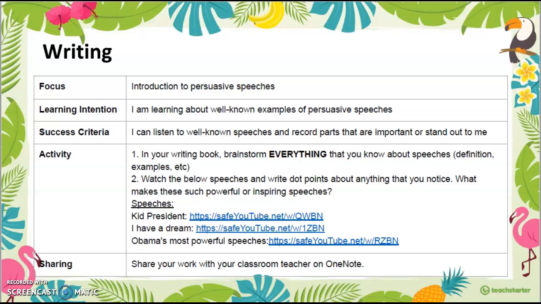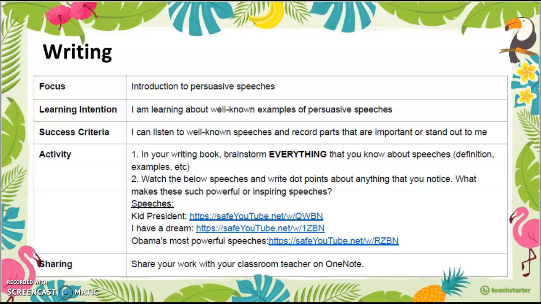Okay, for part 2, this is where you're going to be watching 3 different speeches. We've actually got the videos there, which you will be able to click on. It will take you straight to the video page that you need to watch. So you're going to watch each speech individually, one at a time.